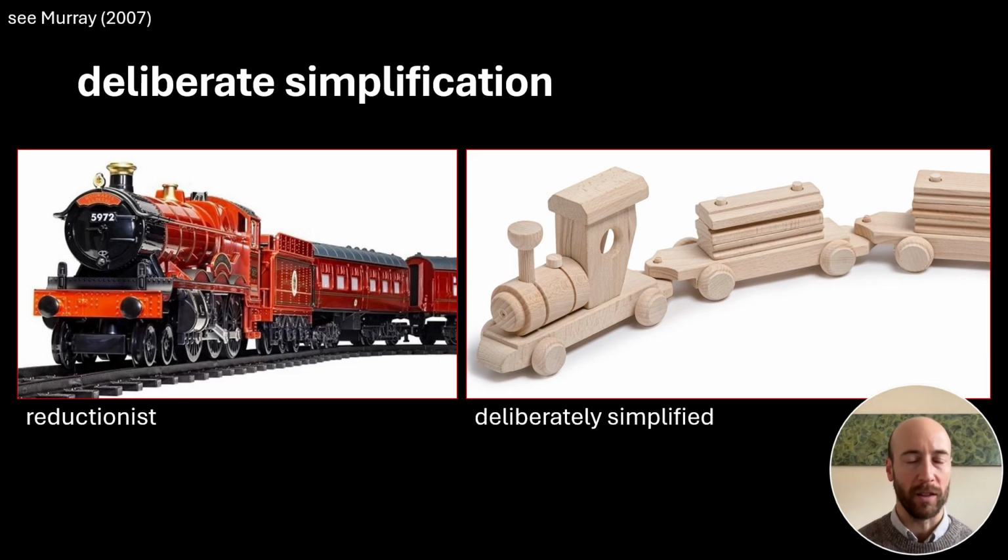That's this beautiful model train on the left side of the screen here. You're modeling every detail. You can see rivets in the engine, and the wheels have spokes. It's a tiny version that looks exactly like the real train version of itself. So a reductionist approach is working from very small scales, working up from the smallest tractable scales and going up.